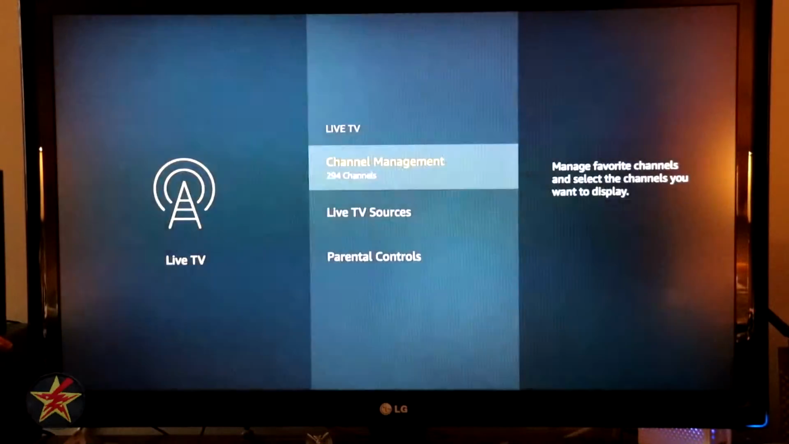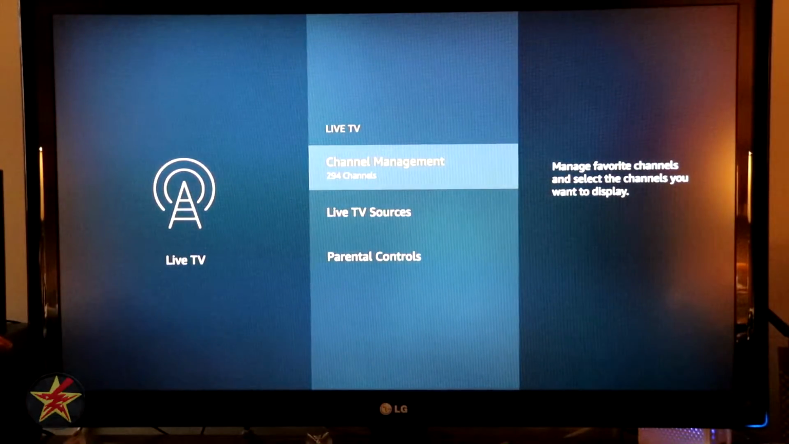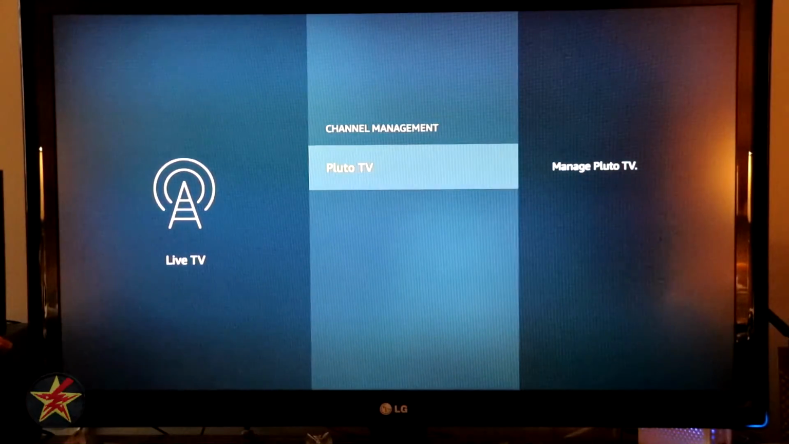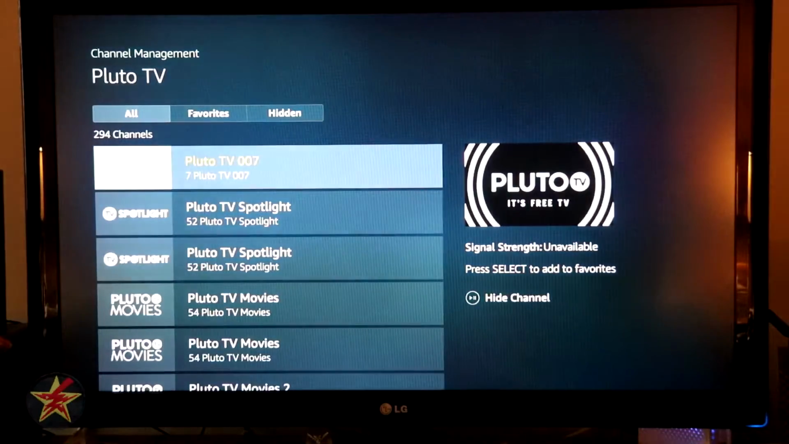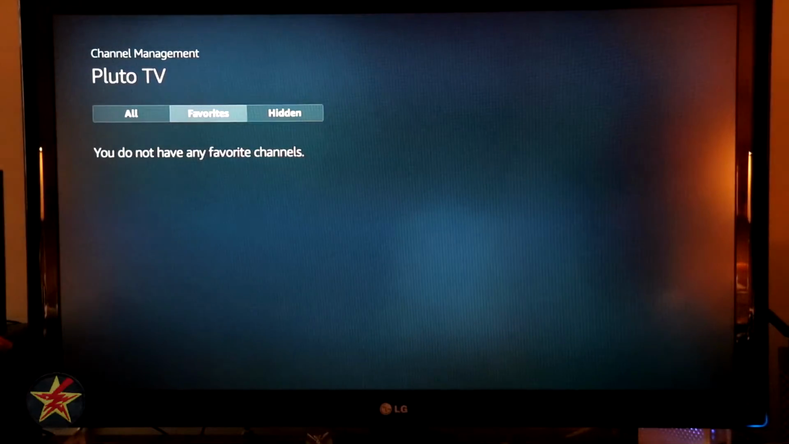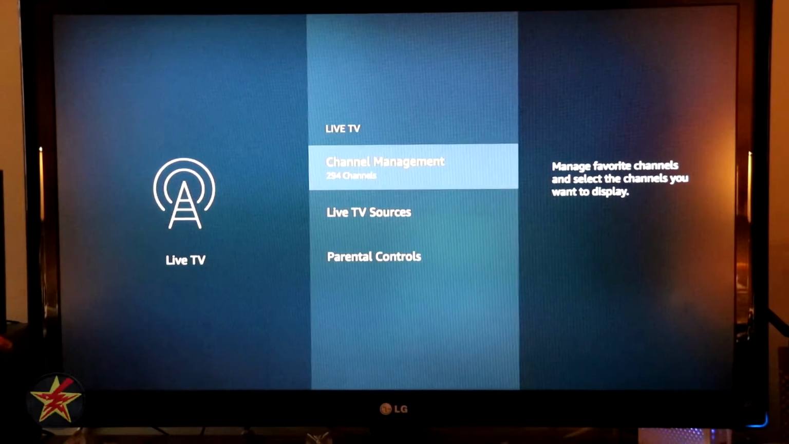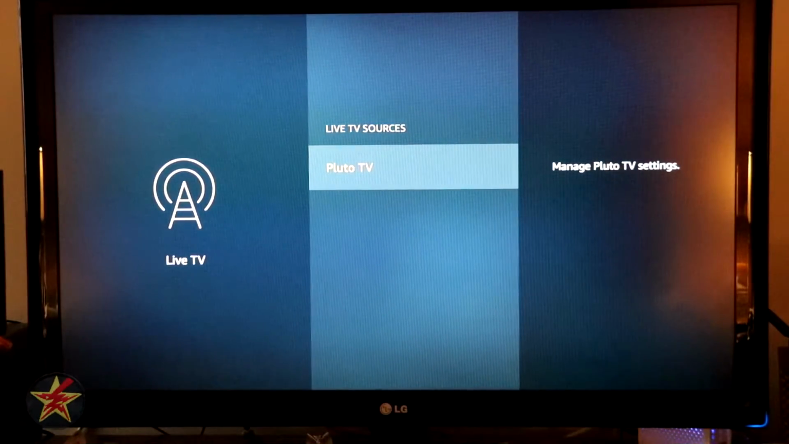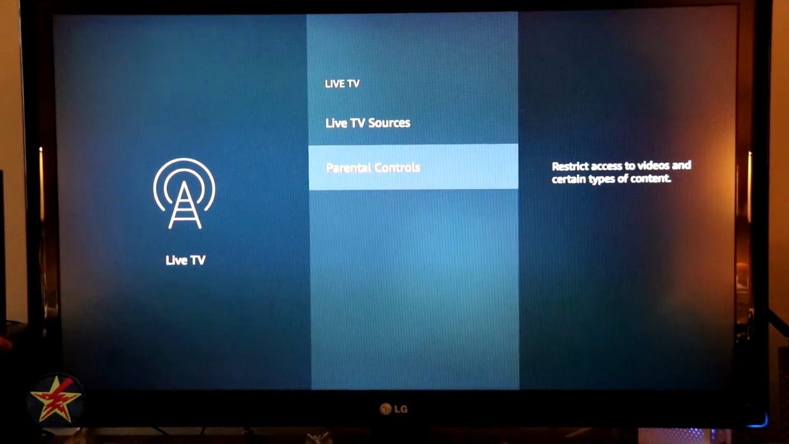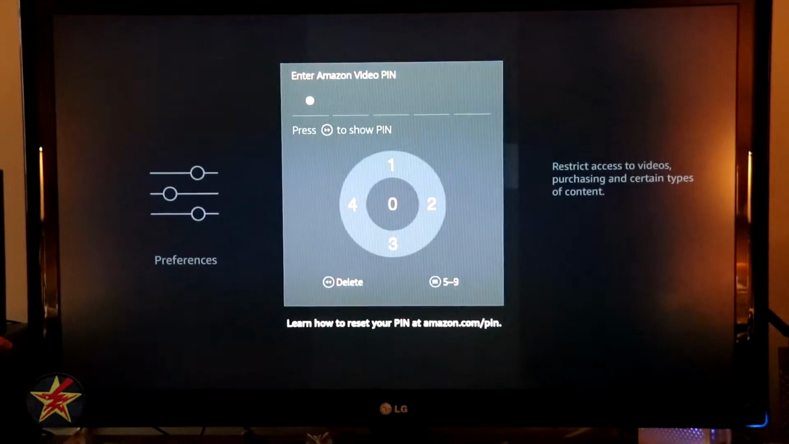Coming over to live TV. If you had multiple services, Sling, Fubo TV, this is where you can control them. Channel management, if we click on that, Pluto TV. So again, from here, just using the Amazon Fire, this will show me all of them, this will show me my favorites, and this will show me hidden. If you had multiple services, they would all show up here. Live TV sources, again, it's just pulling in Pluto TV. Parental controls, you can set up your parental controls for Pluto TV. So right now they are off,